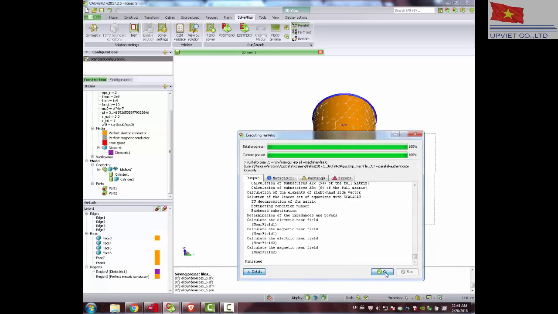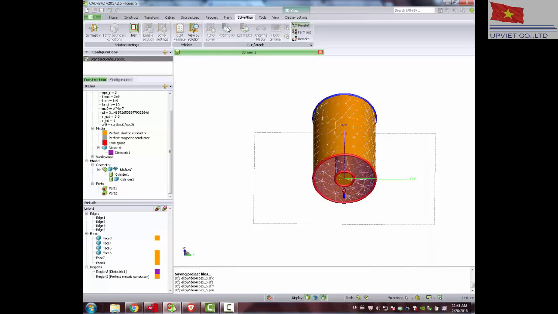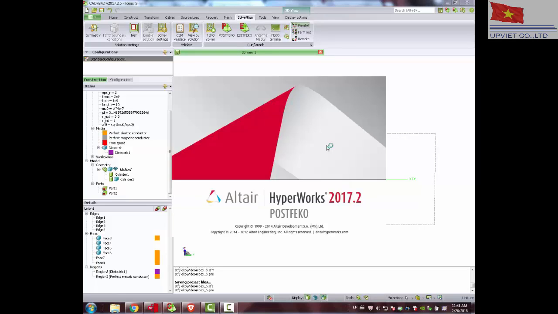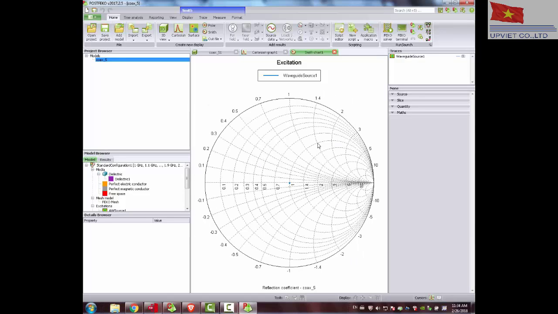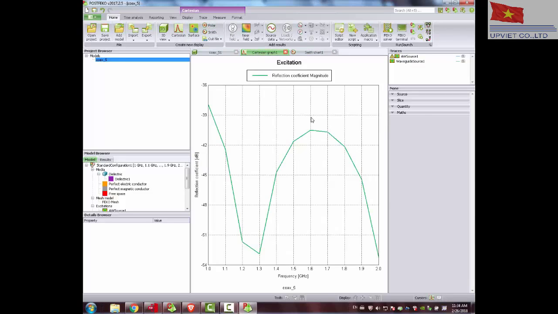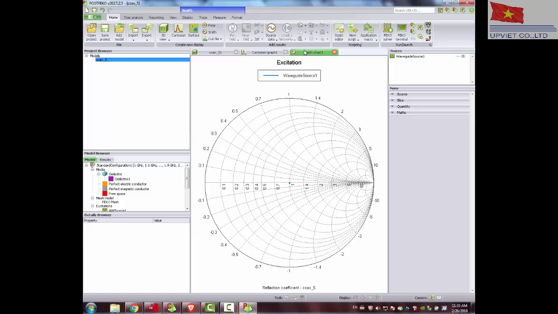Simulation is finished. We can move to post FEKO and see what kind of results this simulation gives us. Well, here we have the Cartesian graph. You can see that we have a pretty much matched structure, which makes sense because we have 2 ports on each side, on each end of the transmission line. We can see the same result on the